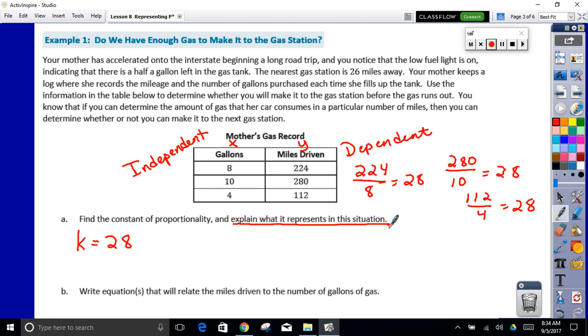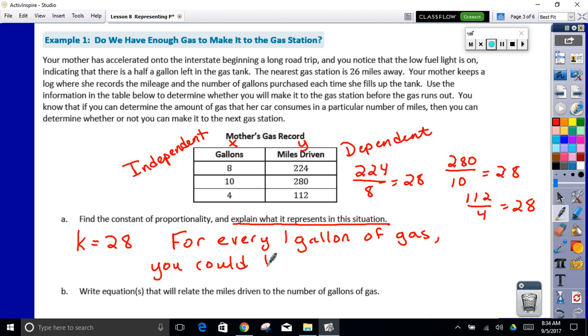Okay, Eli. It means that for every gallon there are 28 miles driven. Excellent. For every 1 gallon of gas, you can drive 28 miles. That's exactly how you could say that. For every 1 gallon of gas, you could drive 28 miles. Okay, our next question, part B, says write equations that will relate the miles driven to the number of